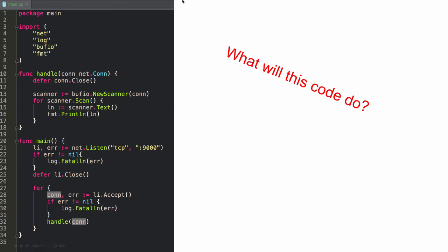Now we jump up to line 10, and we have a connection, and it's of type net.Conn, right? So that is its type. And if I ever say anything wrong, Daniel will say, no, that's not true, Todd. Okay, what did I get wrong? And then we defer connection close, right? So again, we're going to close this connection when we exit handle, and we do a scanner, bufio.NewScanner